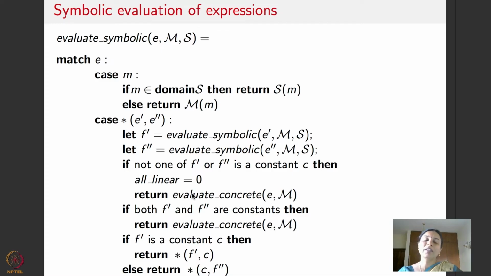It says that as I'm executing, if I encounter an expression that is likely to be non-linear, that is, if I'm symbolically evaluating E prime and E double prime, and after symbolically evaluating, both turn out to be not constants, then I'll say I have encountered a non-linear expression. So I'll set this flag, all linear, to 0, go back and substitute concrete values. I will not evaluate it symbolically at all, not store it in the path constraint. Otherwise, I will do whatever normal evaluation is.